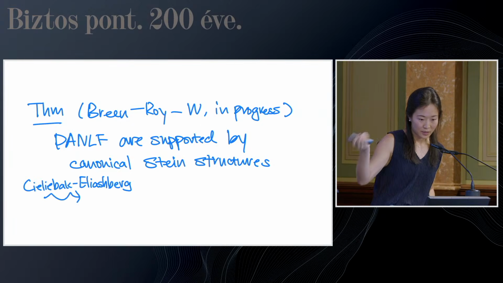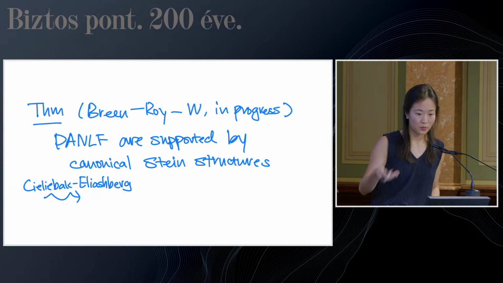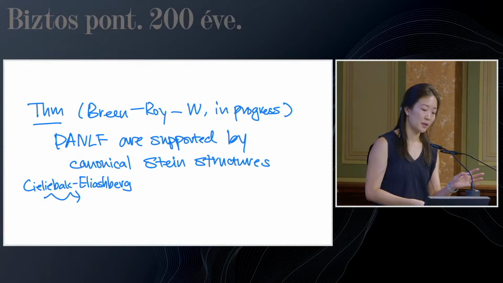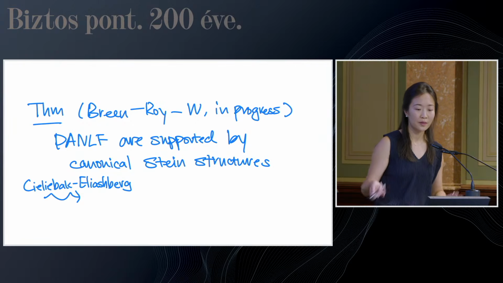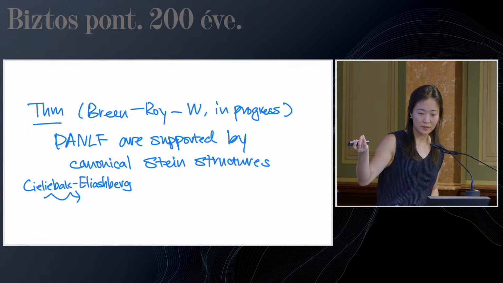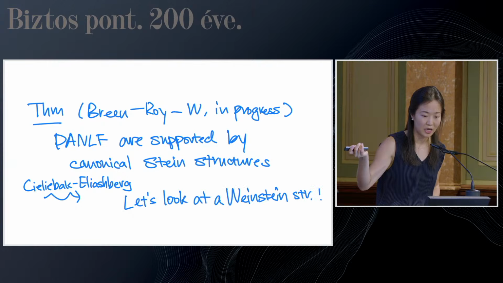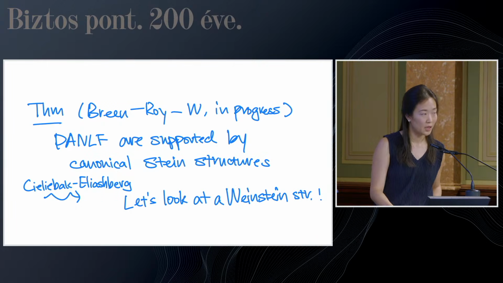And indeed, this is the theorem we show. To show the canonical part, we needed to build local plurisubharmonic charts for the Stein structures, but for this talk, I just want to show you a Weinstein structure on the nearly Lefschetz fibration. And this equivalence between Stein and Weinstein structures is given by the deep theorem of Cieliebak-Eliashberg. So let's just look at a particular Weinstein structure on the nearly Lefschetz